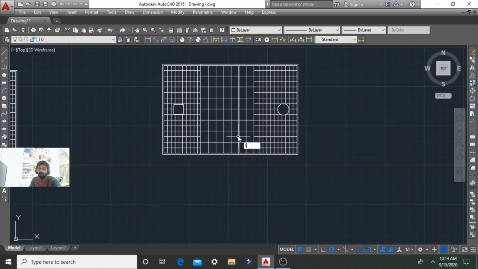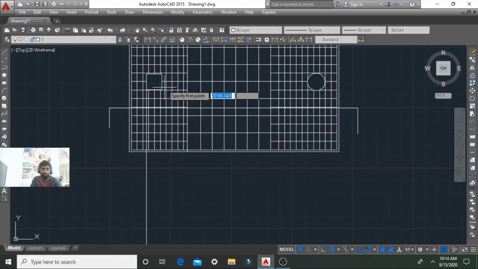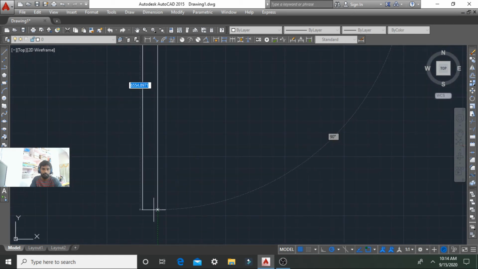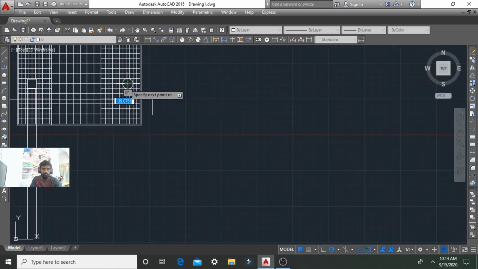So the sectional view of this combined footing is like this. Here we go.